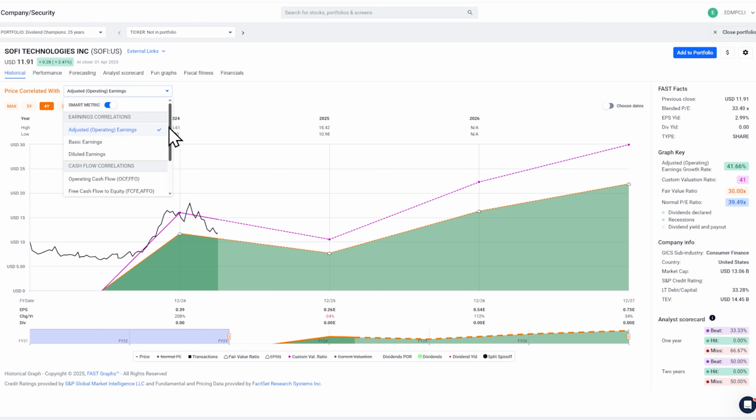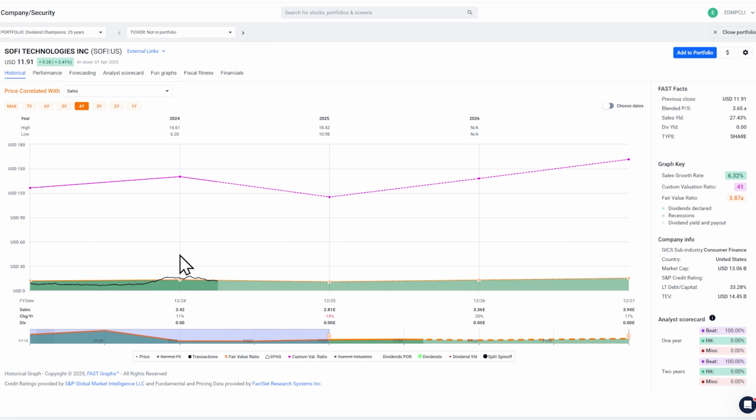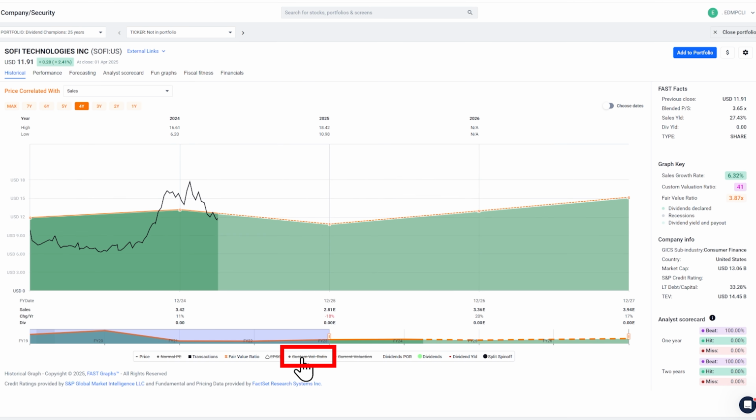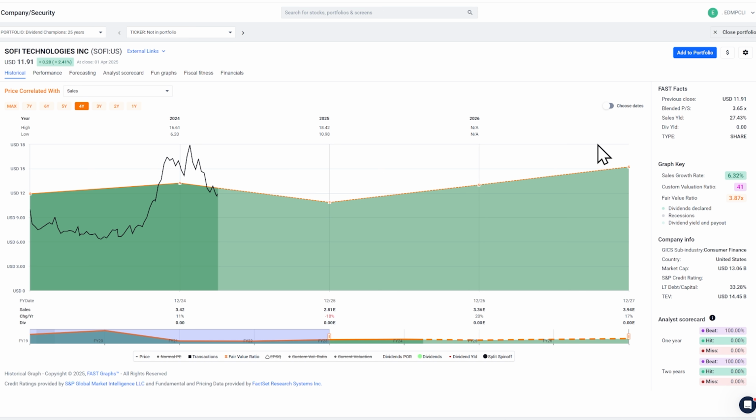Now, one area that I think is worth looking at with companies like this would be price to sales. How's it doing on a price to sales? I'm going to take that custom ratio off. And sales aren't expected to grow very much. It has been trading at around a 3 price to sales. I just don't know how to analyze this one, so you're on your own.